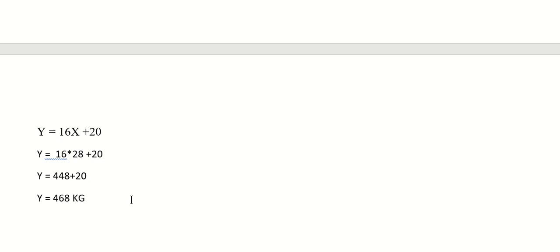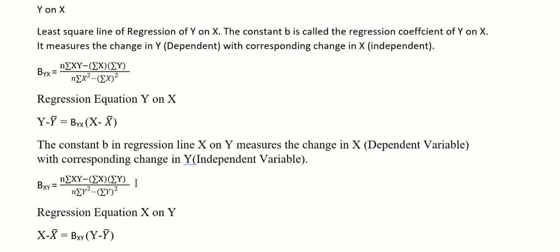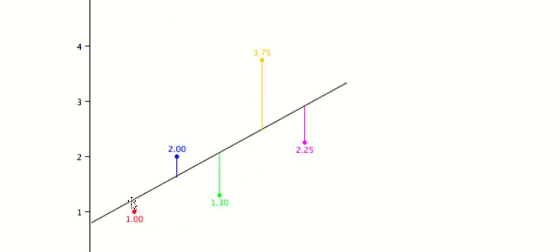But these are just predictions, right? So these predictions may go up or down. It is not always necessary that whatever we predict with the help of the regression line will always come true. Here is the graph. This is the line of regression. This is what we have predicted, this line. This line basically shows you the predictions, but the actual values may go up or down.